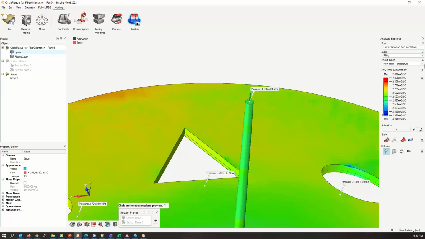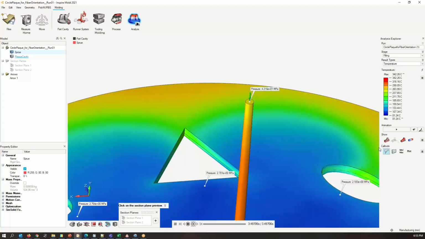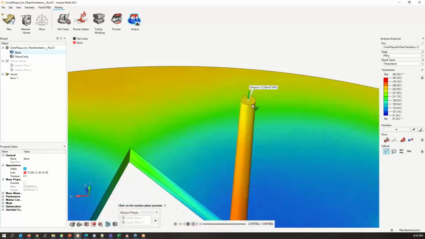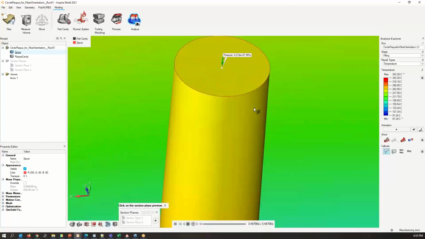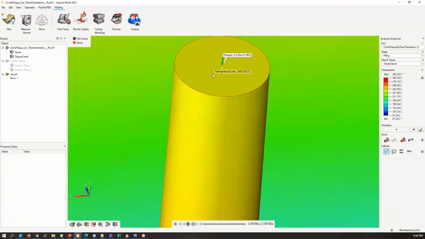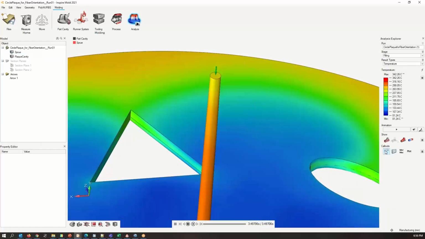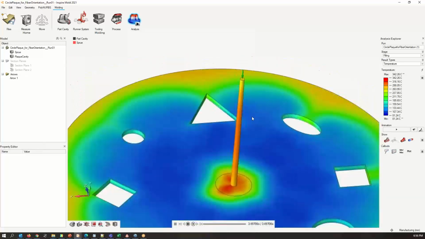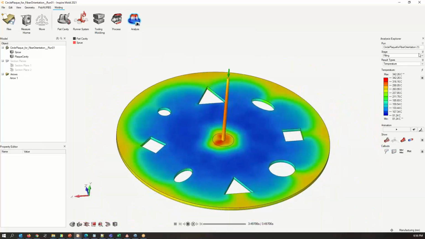If I look at temperature, let's look at my, doing something to myself here. There we go, 260. So it's 260 going in. Now I don't have to have those on. So I got 260, and out near the end, when I was looking at my flow front temperature,